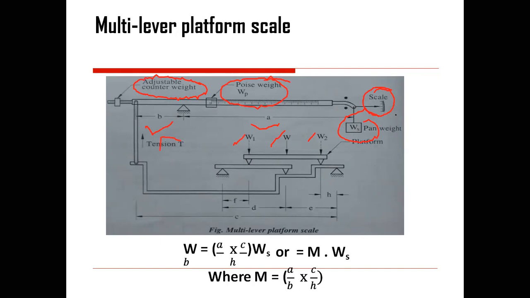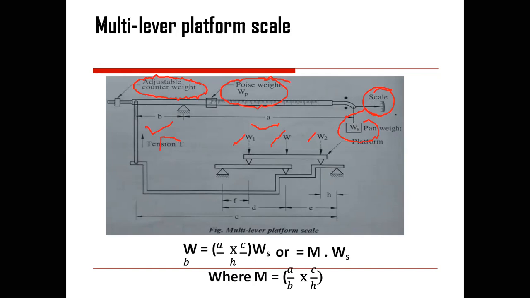So here the equation has been provided in such a manner that WB is equal to A multiplied by C divided by H multiplied by WS. Now what is this WS? That is the pan weight, or it can also be specified as a mass multiplied by WS, where M is equal to A, which I have specified over here, divided by B, which we have specified on the block diagram, multiplied by